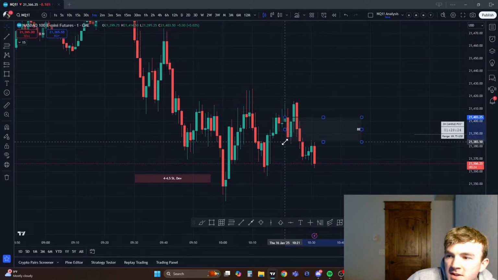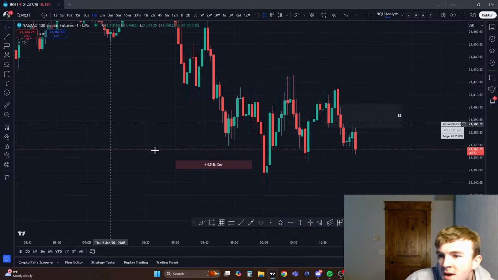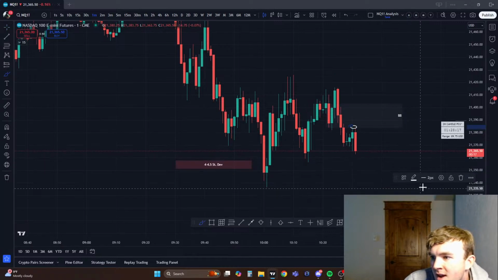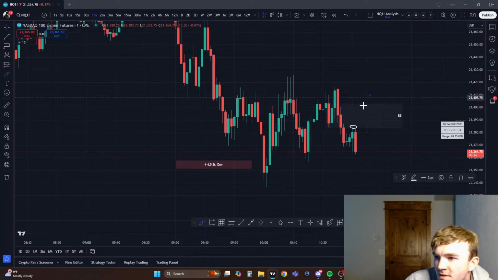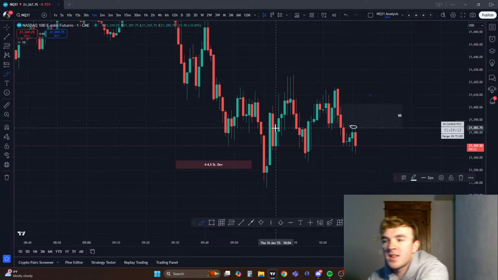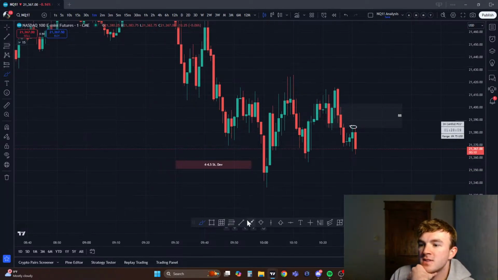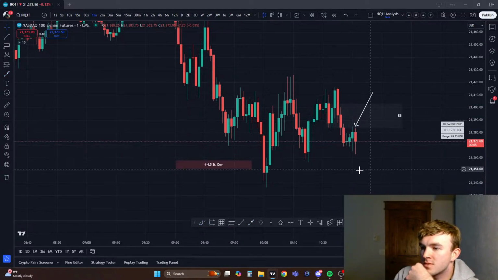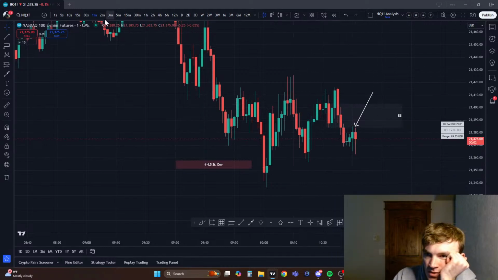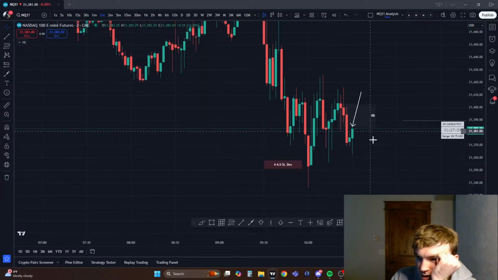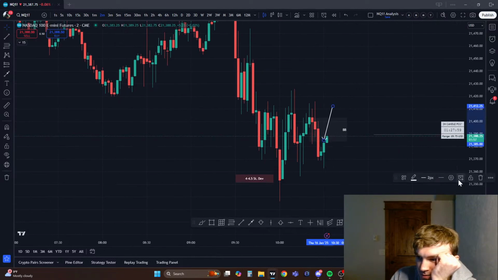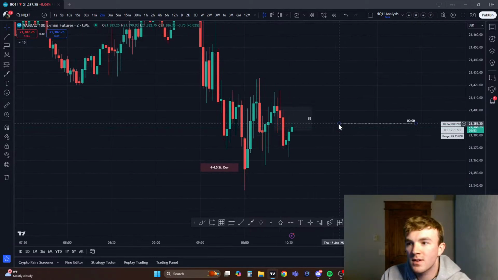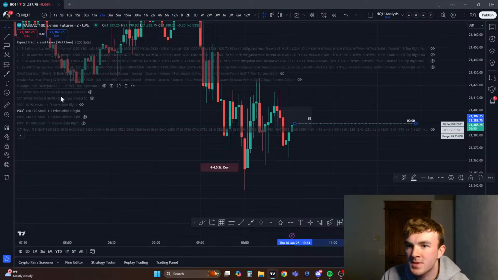Actually, if you measured it out from the wick, you can see we did tap into this breaker right here. That's why sometimes you need to measure out breakers from the wick. It just depends. A lot of the time the bodies can be more precise, but the wicks will work too. If you want a lower entry, then use the wick. So we are hitting midnight now, and I wanted to look at new day opening gaps here.